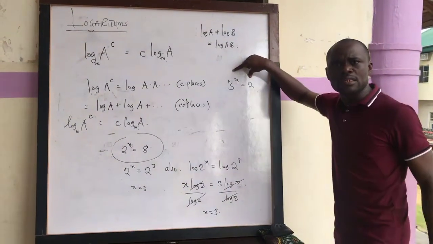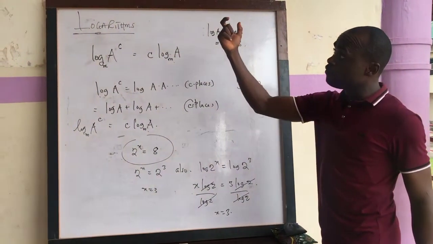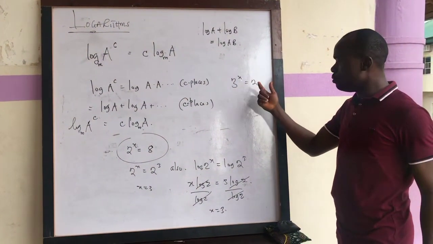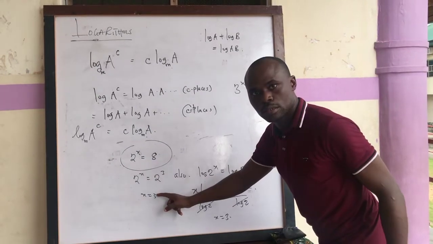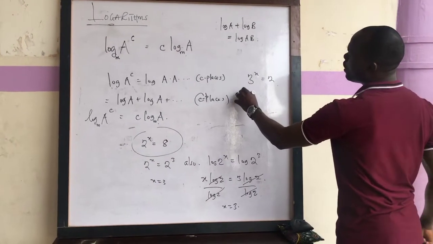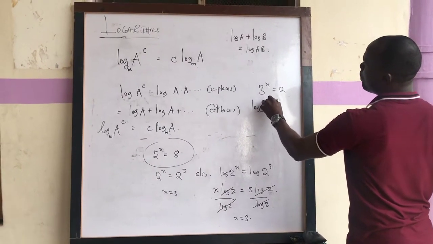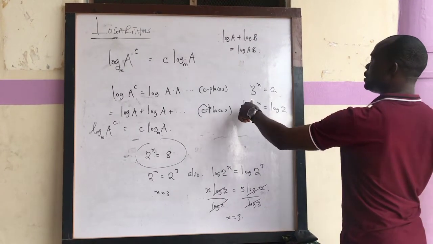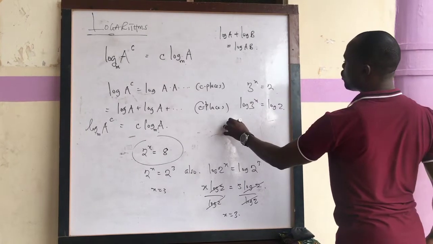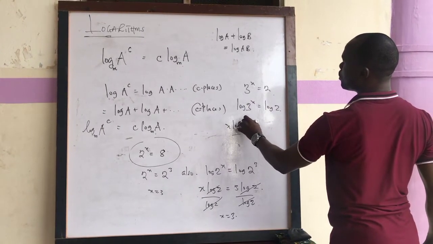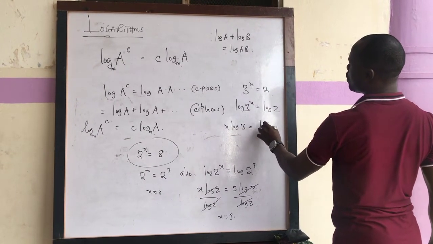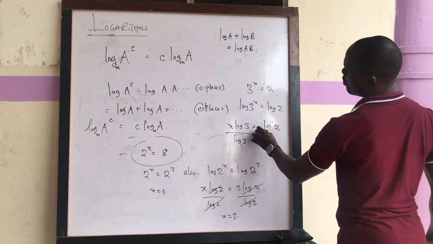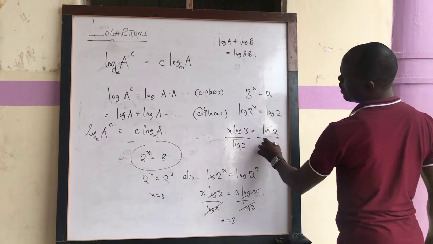So we may have something like this. We need the help of logarithms to be able to tackle a question like this. You may not be able to do this directly. So here we can have log 3 raised to the power of x equals log 2. And we know very well that by this rule, this is going to give us x log 3 equals log 2. We can divide both sides by log 3,